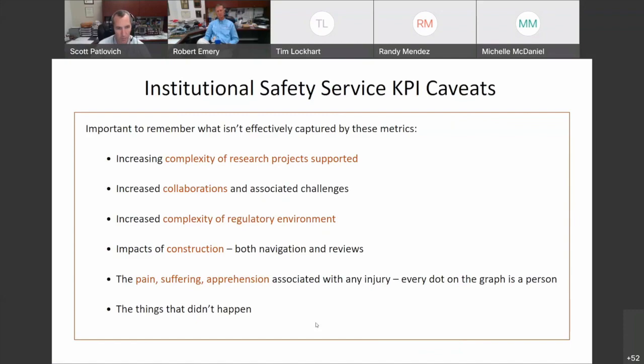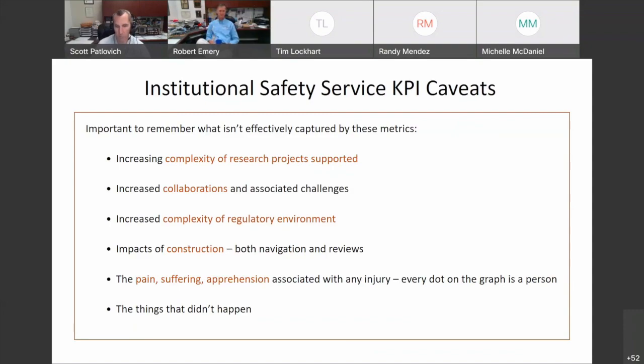And then, wait a minute, what about all the things that didn't happen? How do we articulate that within this report, within our everyday activities? We do a lot of things each and every day to help keep people healthy and safe and basically help make nothing happen. A good day in safety is when nothing bad happens. And so how do you tell our campus president, Safety Bob's boss, who's over research, how do we convince him? How do we tell all of our stakeholders that we do a lot of things each and every day to help prevent things from happening? So